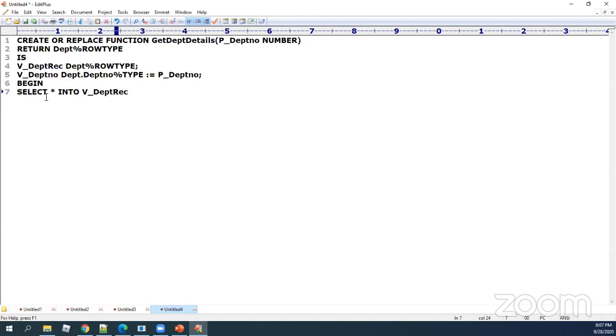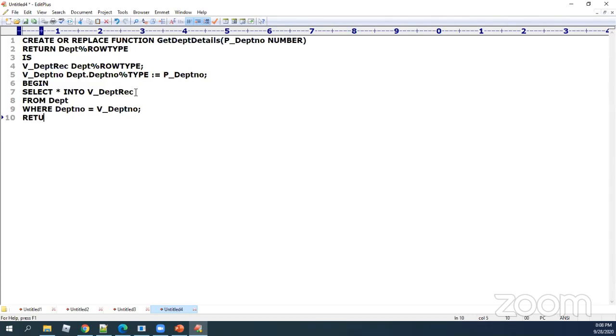So we are transferring that single record of information into this, and then we are saying from DEPT where department number is equal to v_department_number, return v_dept_record. And then I'm just trying to say end this particular function.